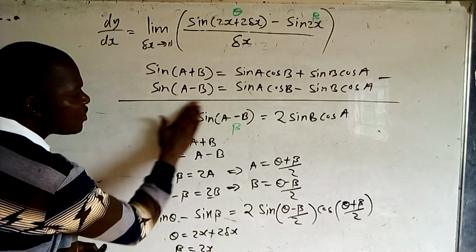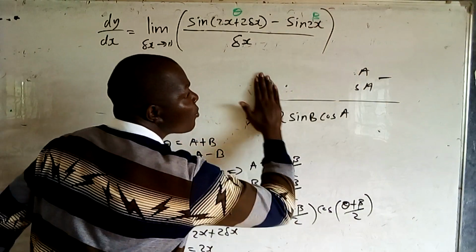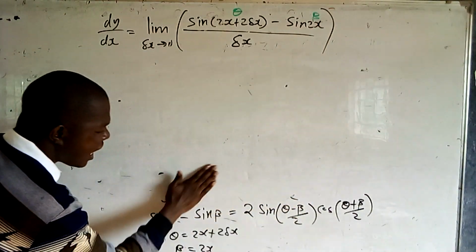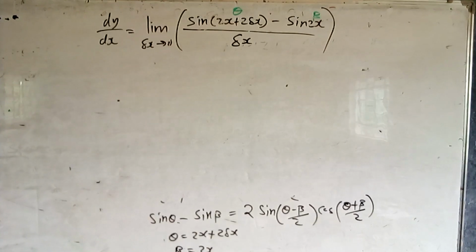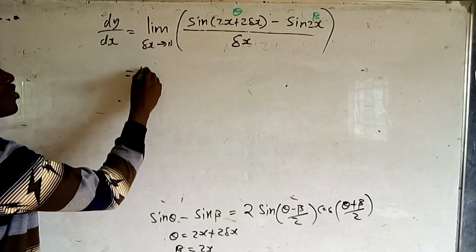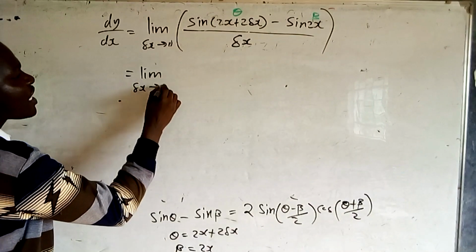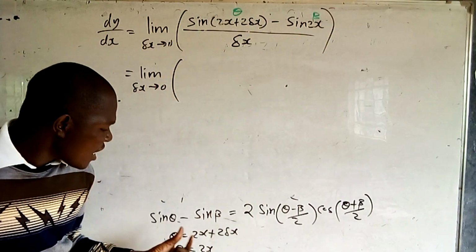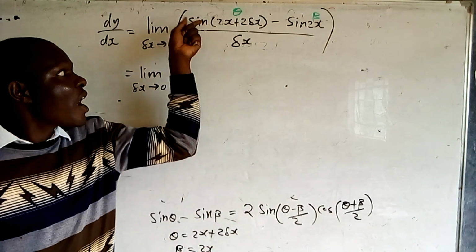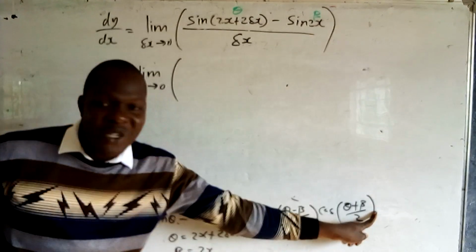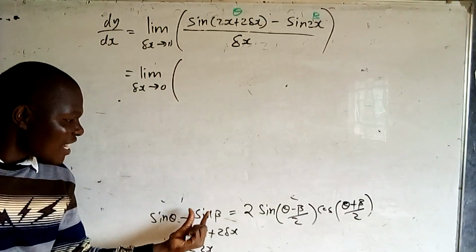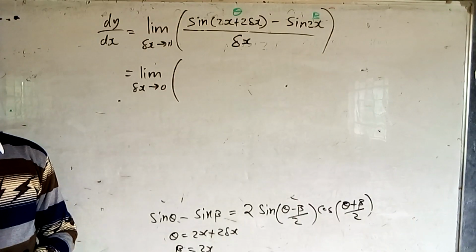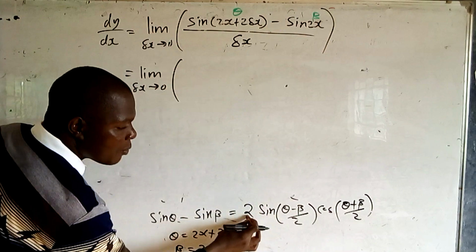So we've dealt with this, we are done with this. We are going back to the problem. Here is where we are now. Go back to the problem and do the substitution. So this is equal to the limit as change in x tends to 0 of sine theta minus sine beta. So what is sine theta minus sine beta? Meaning where you have this numerator, you put this, because sine theta minus sine beta is the same as this. Are we together? So where we have sine theta minus sine beta, we put